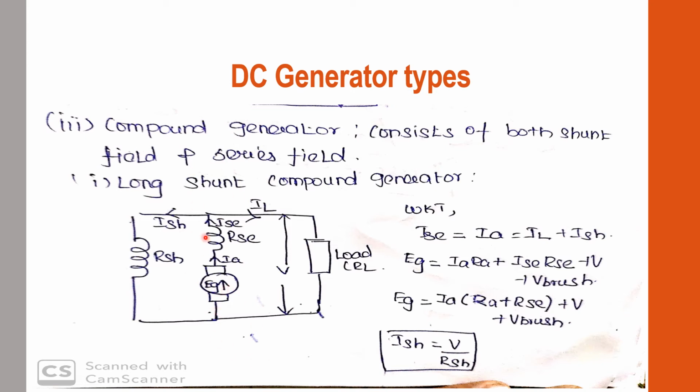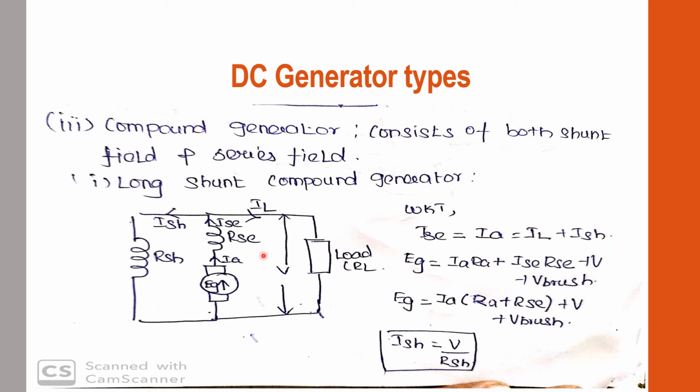Okay. So first we have to write down the current equation, that is ISC. Here, if you are applying KCL, ISC equal to ISH plus IL, that you know already. So this ISC and IA are in series. If the current across the series circuit is the same, then IA equal to ISC, that you know already. So I have written the equation here.